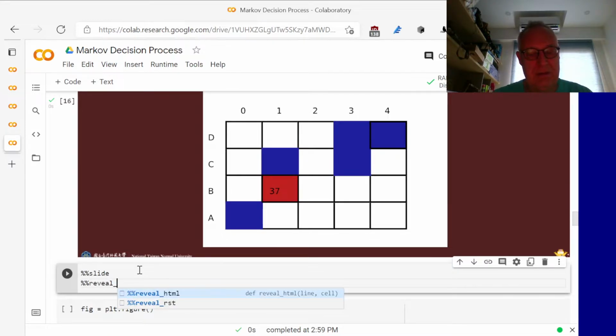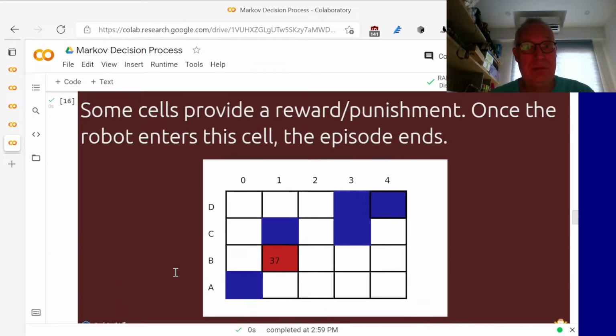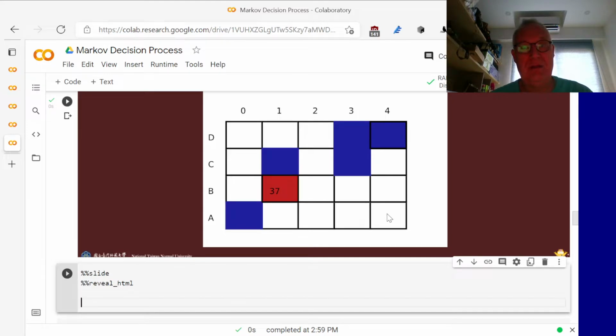Let's think about this kind of environment, the grid world. Start position, in this case A4 would be nice, so we would start here, but it could be any other white cell. So for this kind of environment,